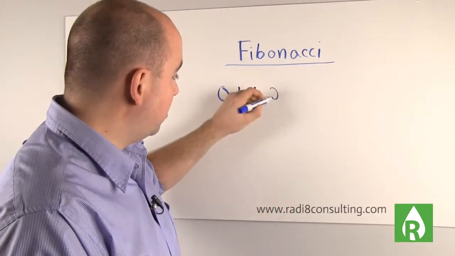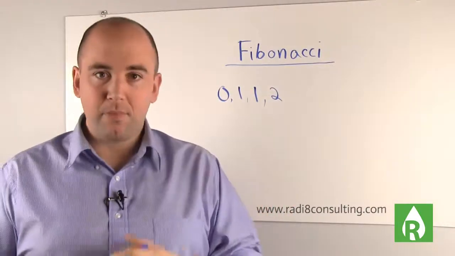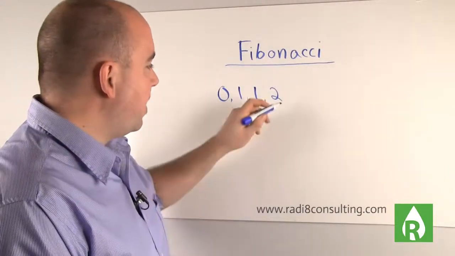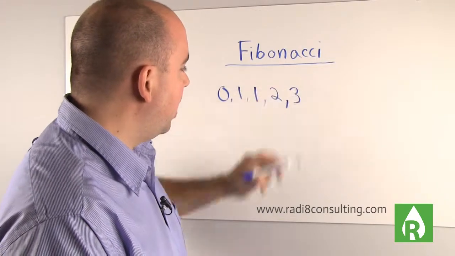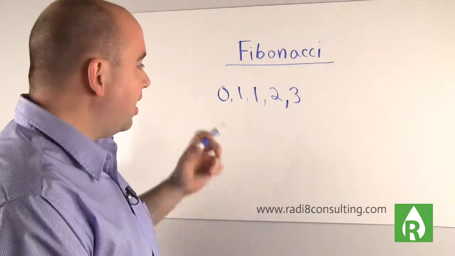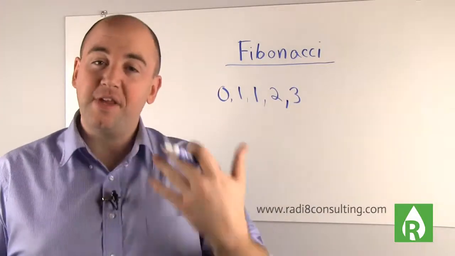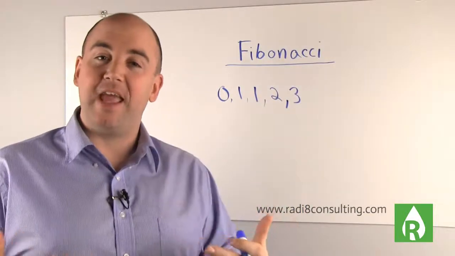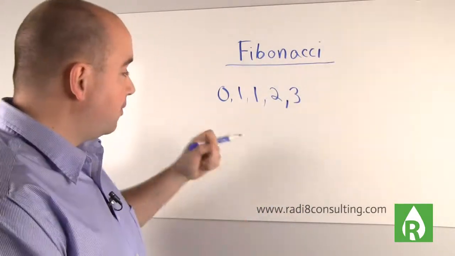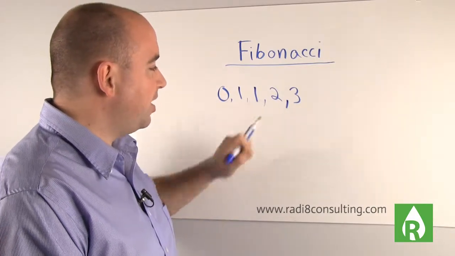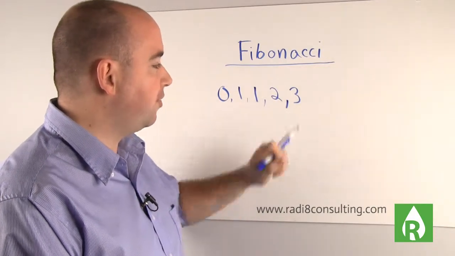And then you're going to go 2 days, and you're going to contact them after that. And then from there, you're going to go and contact them 3 days later, okay? Now, if you're good with math and you're understanding the sequence that we're building here, really what it is is the 2 prior numbers added together to make the third number. So for example, 0 plus 1 is 1. 1 plus 1 is 2. 1 plus 2 is 3.